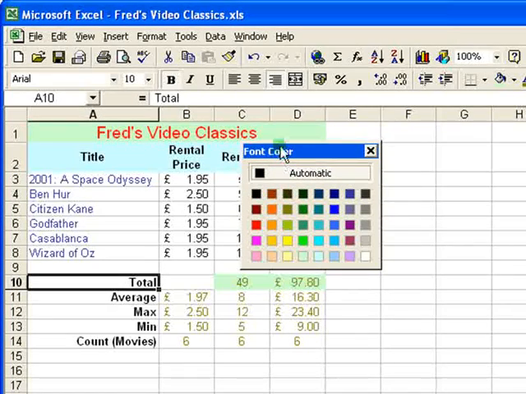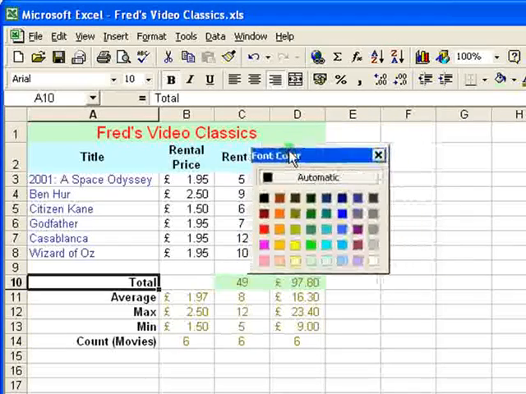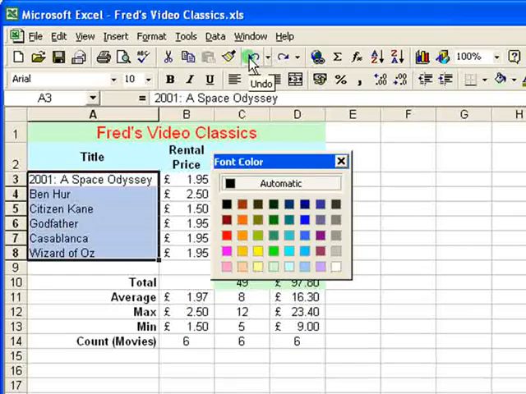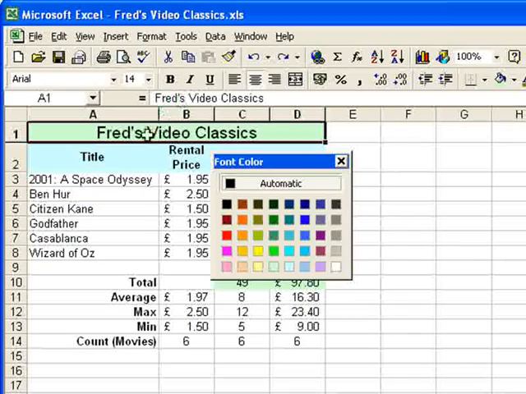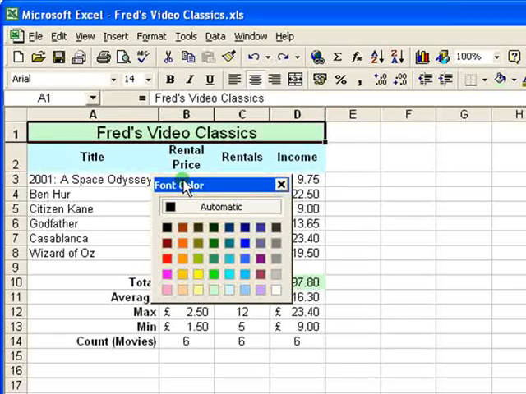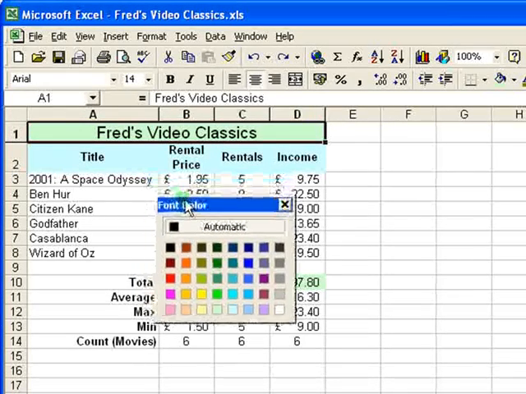However, I don't want that to be the case, so I'm going to undo those choices. So undo the green, undo the blue, and I'll also undo the Fred's Video Classics colour there, so they're back to black. To be quite honest, there are very few occasions where you would want to use any other colour